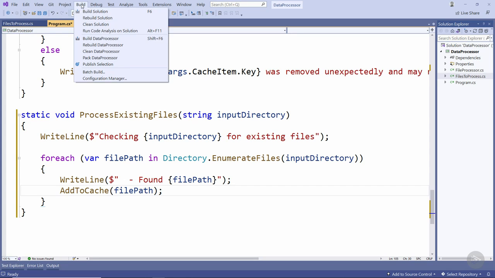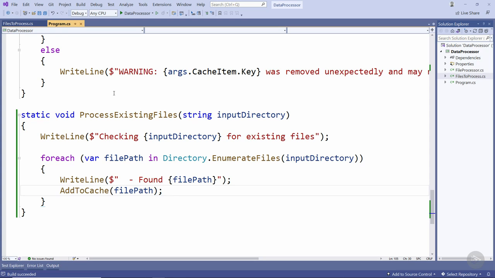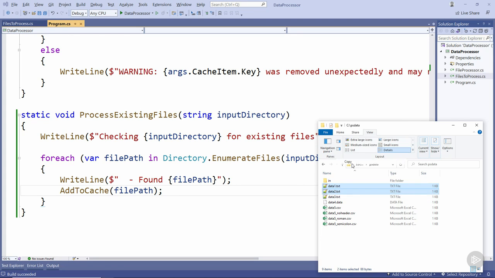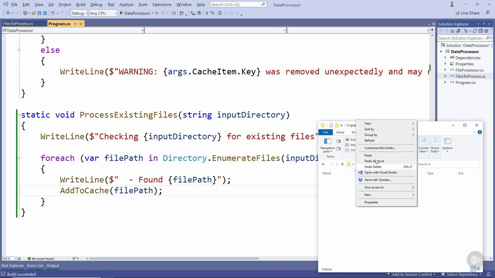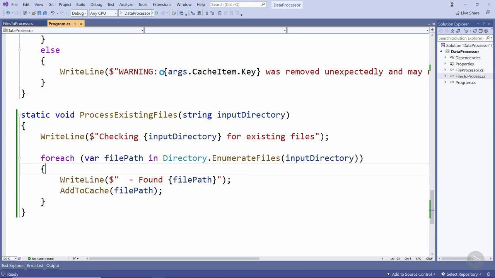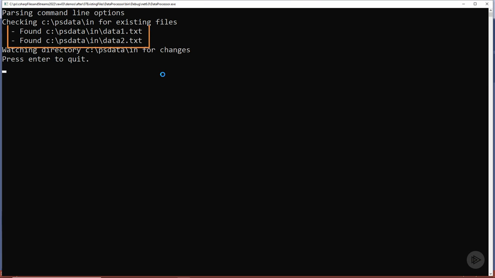We'll just build this to check there's no errors and the build succeeds. Once again, we'll clean things up here by deleting the backup, complete, and processing directories. And we'll also create some existing files by copying data1 and data2.txt to the input directory before we go and start the application. So if we fire up this console app now, we can see here that we found those